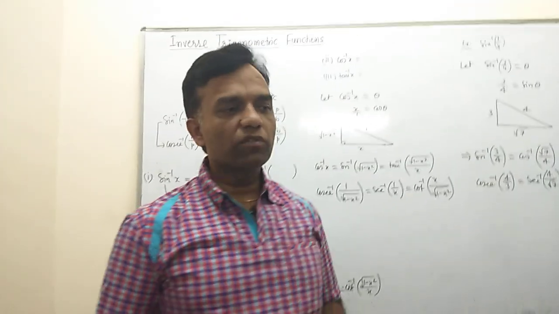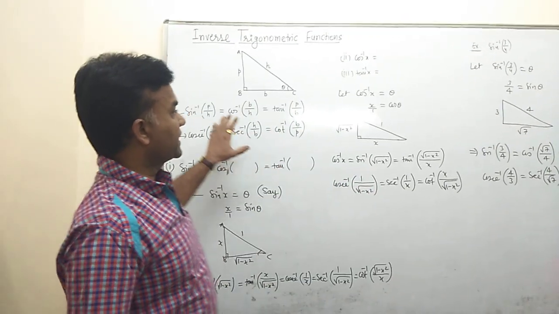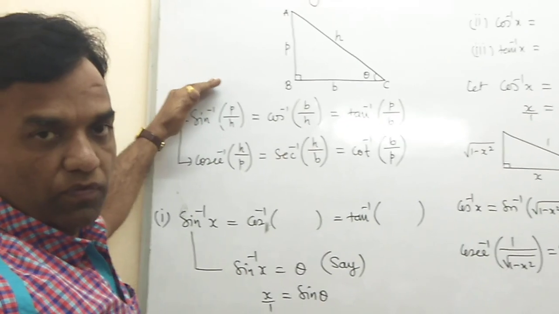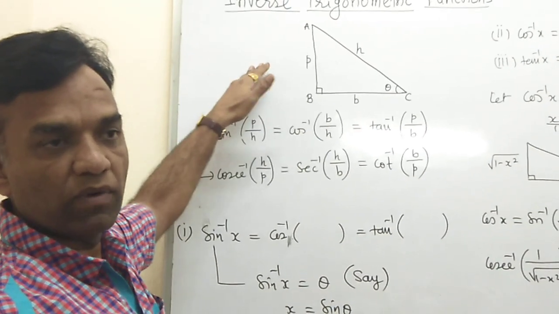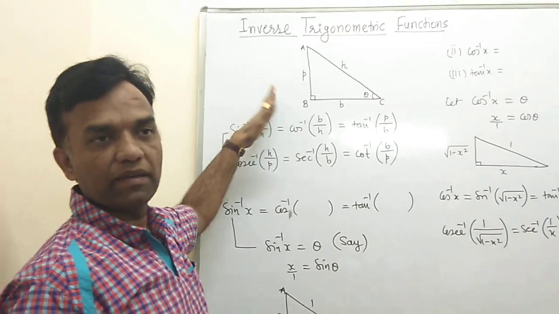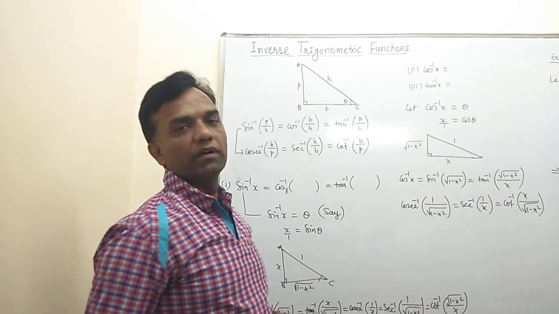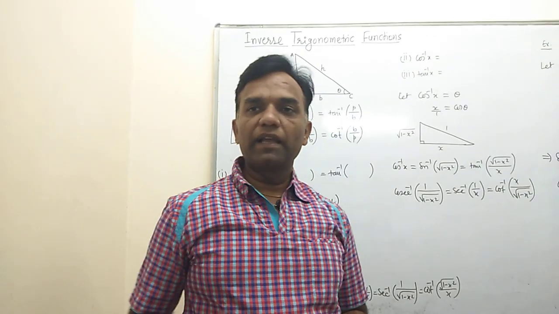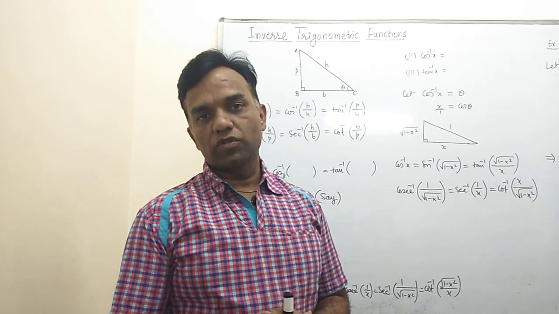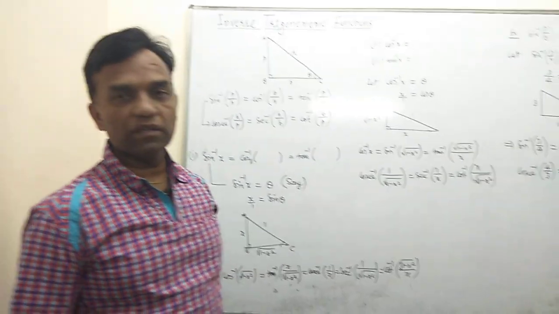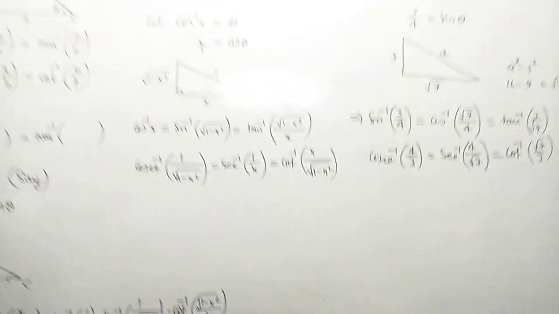Like, first you know the concept. Here the basic concept is, first we draw the triangle, we know the basic ratios first. What is sin theta? It is p by h. What is cos theta? It is b by h. What is tan theta? That is p by b. So first you know the basic formula, and then you convert any inverse trigonometrical value into any trigonometrical ratios. So now here we describe some formulas related to the trigonometrical identities.